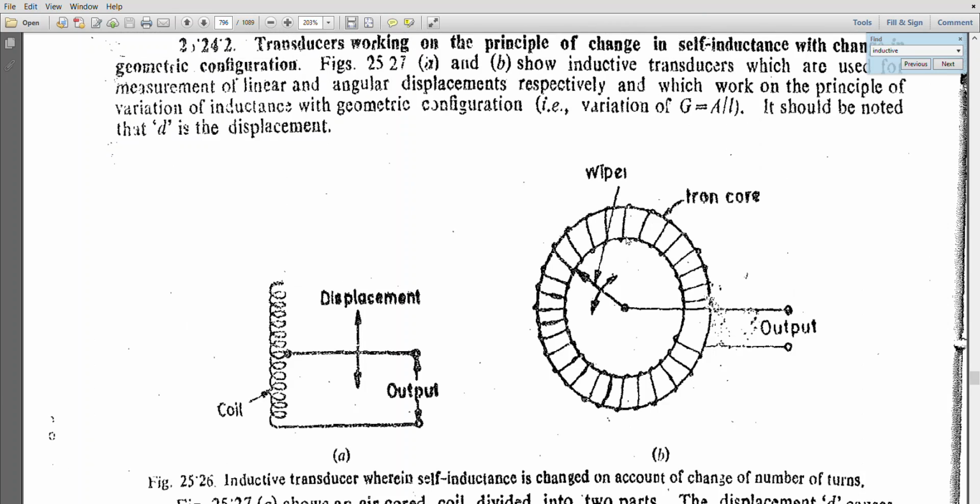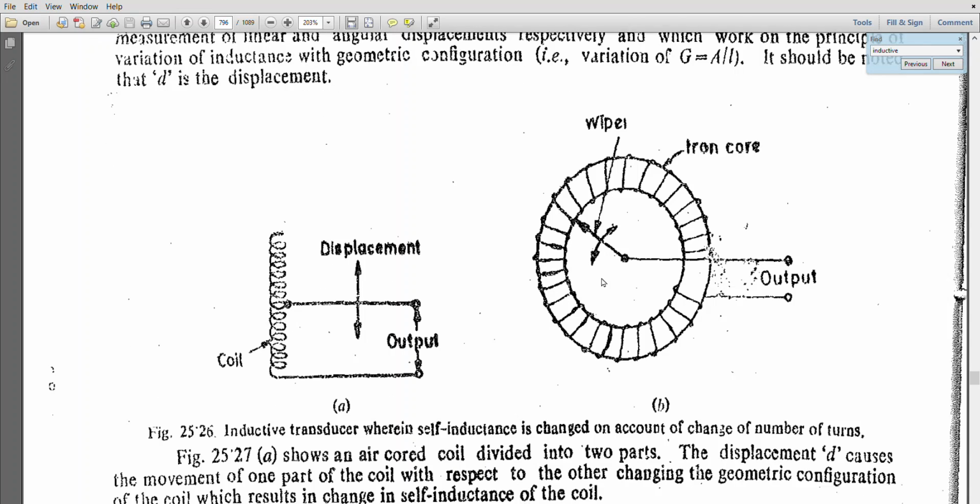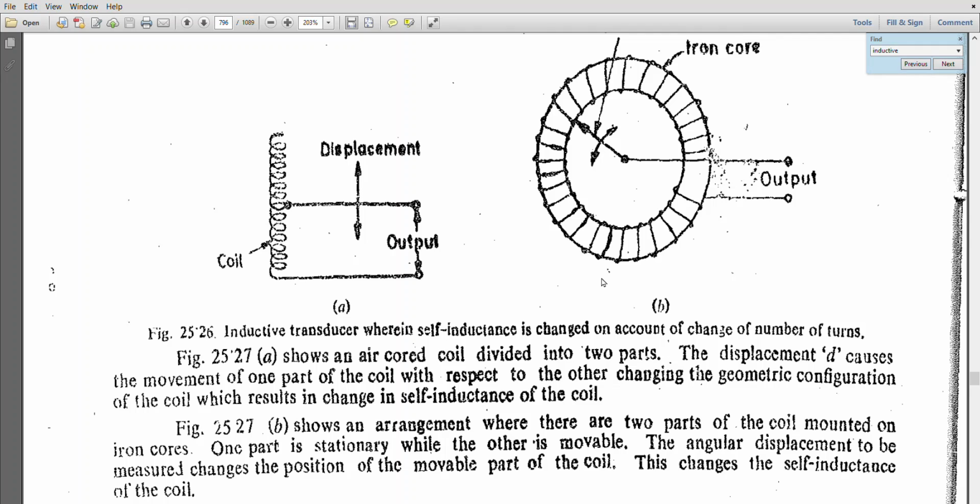So what happens when there is a change in the number of turns? There is a change in the EMF induced, and because of that, there is a change in the flux lines of force, which can be seen as a change in the current in the coil. This is how you understand a change in the inductance.